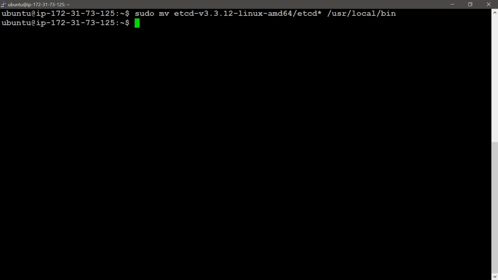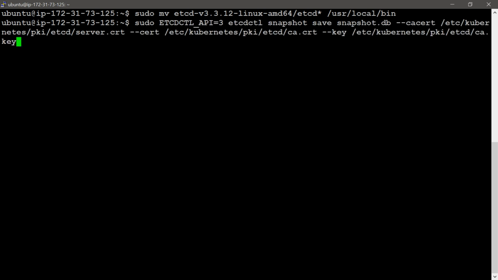Now I am going to give a big command to take a snapshot of the etcd data store using etcdctl. The command: sudo ETCDCTL_API=3 etcdctl snapshot save snapshot.db, then the CA certificates at /etc/kubernetes/pki/etcd/server, these are CA certs.